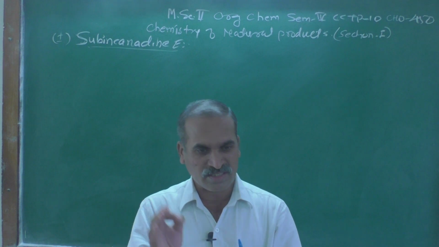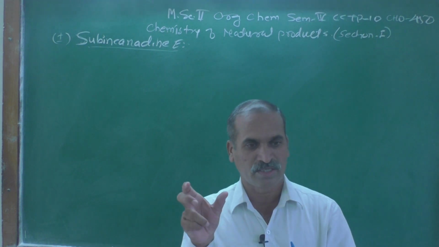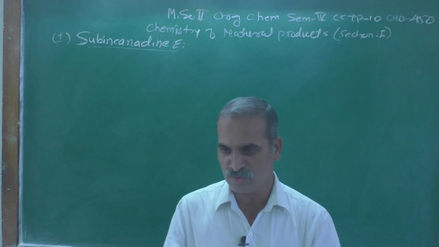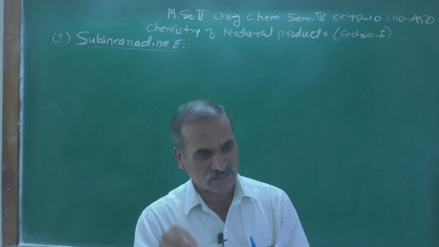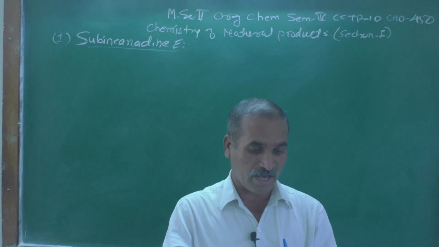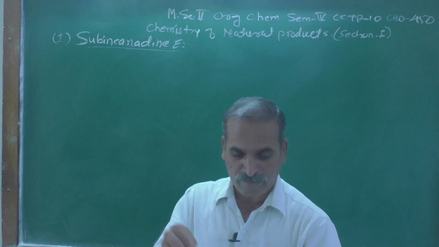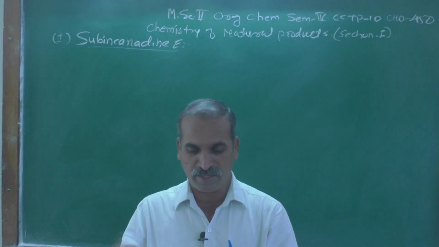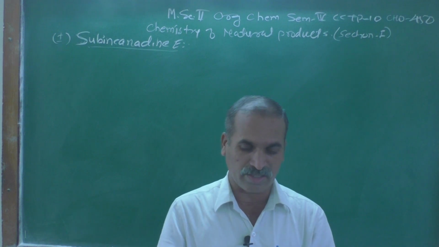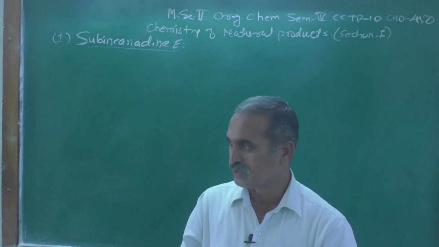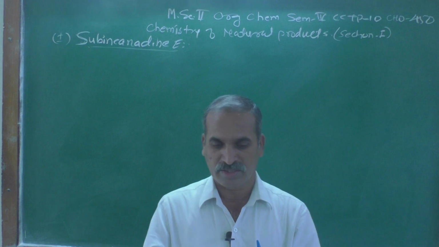Cyto means cells and toxic means poisonous, as we know that it kills the cells, so that activity is shown by this molecule, and therefore most of the scientists